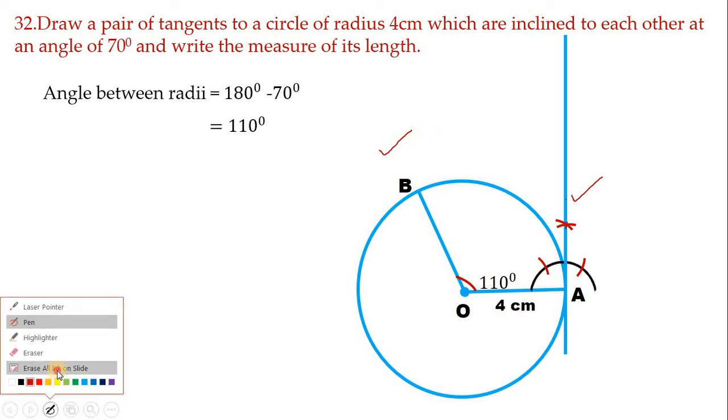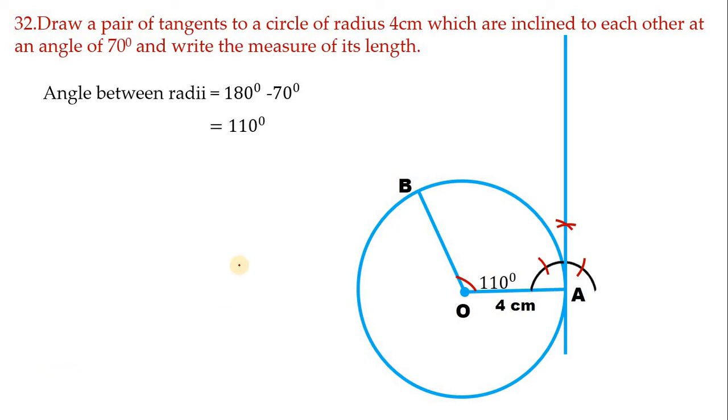Don't change the radius, children. Let it be similar radius. Now B as center, cut a semicircle. Next, this as center, cut an arc. And again this as center, cut another arc. Don't change the radius. Next, again this as center, cut one arc here. And again this one as center, cut another arc here. Next, what you want to do? So you have to join the point B and this point and produce that line just like this, and call this point as C, and this angle will be surely 70 degree.